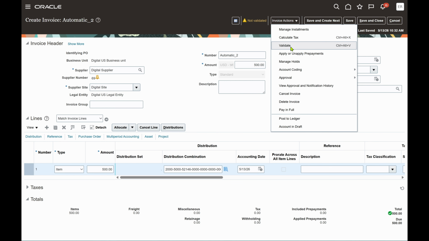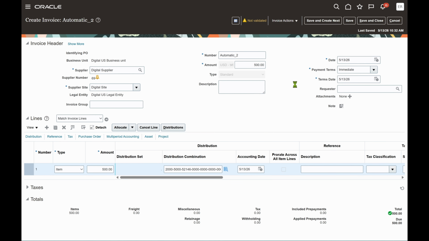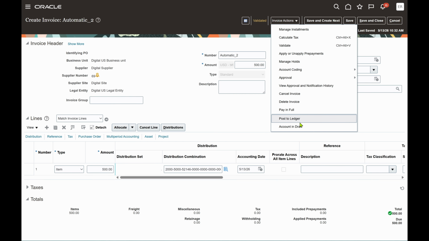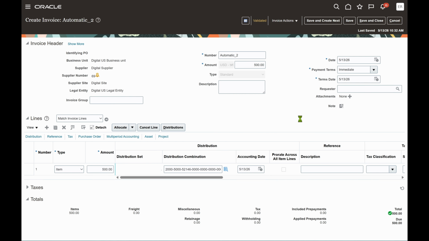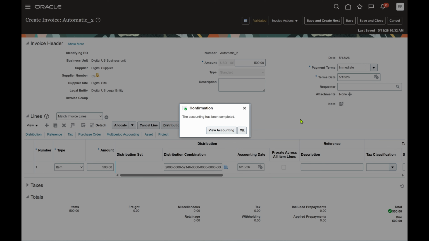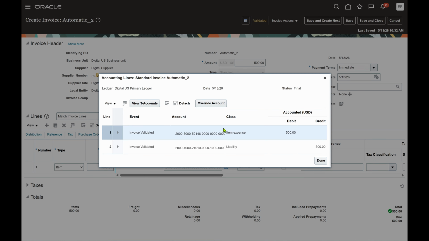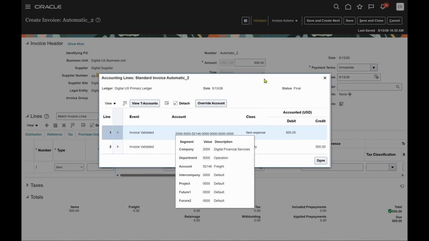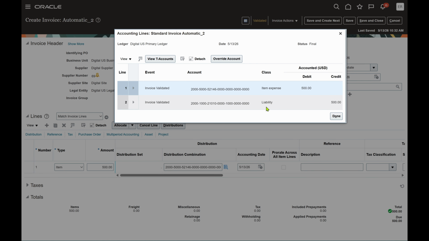Click on Invoice Actions to validate the invoice. Click on Post to Ledger. The accounting has been completed. So the system automatically balanced the entry. So view accounting. Now let's say this is the entry, the system has balanced the entry 2000,